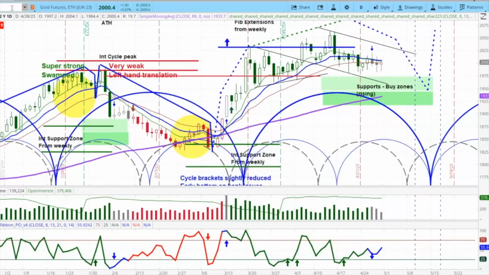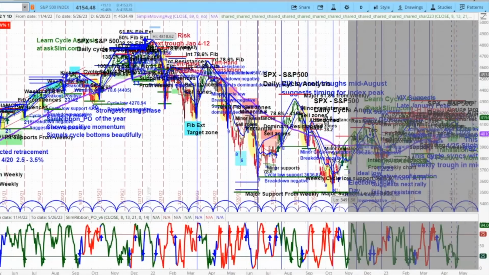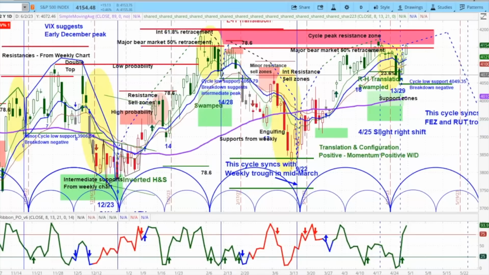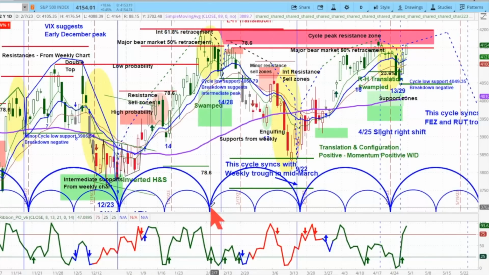I'm going to switch this over from the gold chart over to SPX, the S&P 500. And what I want you to look at in here is this daily chart. You can see what the cycle analysis tells us as we are looking at the daily chart and the rhythms in the market right in here. Essentially, these are the cycle brackets on the bottom. These are not the cycles. These are just a guide for us to be able to see the energetic movements in the market and money flow. We also look at momentum conditions, support and resistance levels,